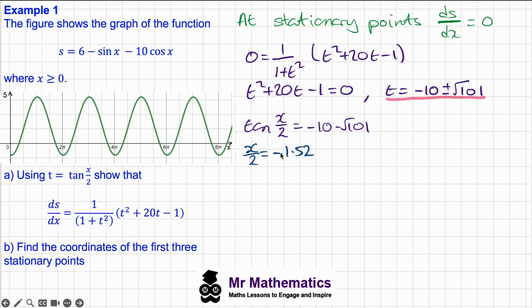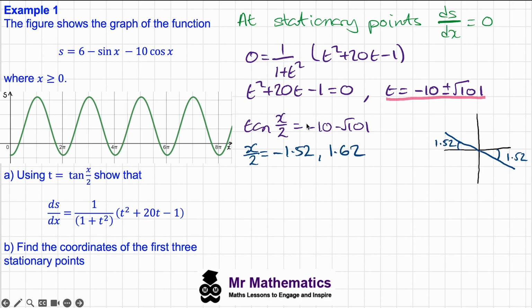to this. So we can draw our CAST diagram. We have negative 1.52 here, but this will be equal to the solution in the second quadrant. And to work out this angle, we can have pi take away the 1.52. So the other solution will be 1.62. It's worth noting as well that this cannot be a solution because we're told that x has to be greater than or equal to 0. So this will be the solution